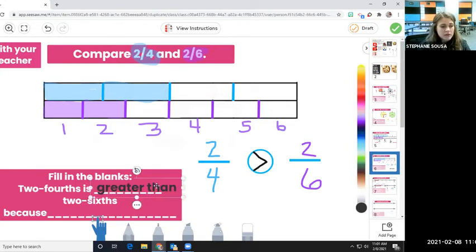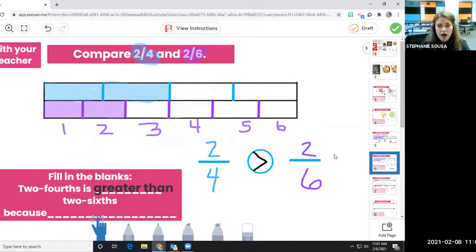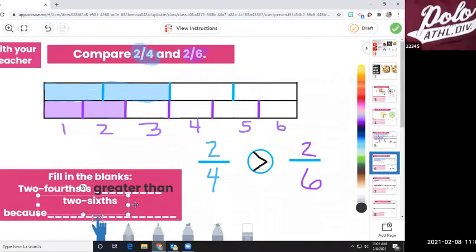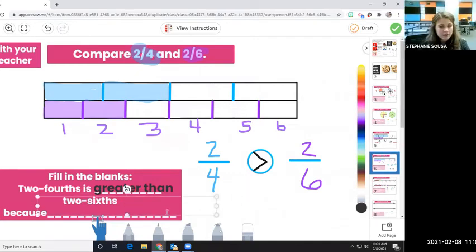So 2/4 is greater than 2/6 because, and that's where we've got to add this in here, this because. Because, and this is where we'll use that math vocabulary, because 2 1/4 pieces